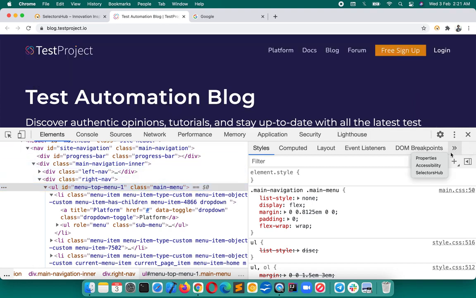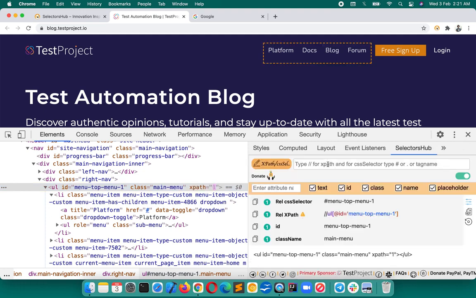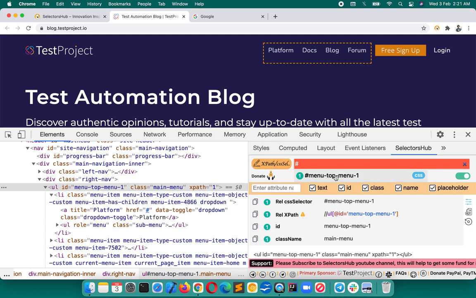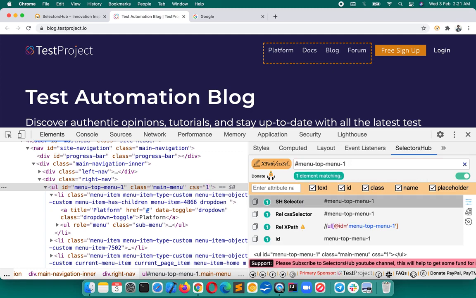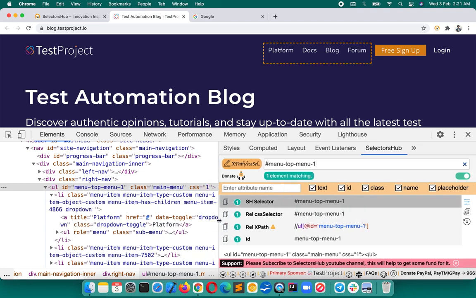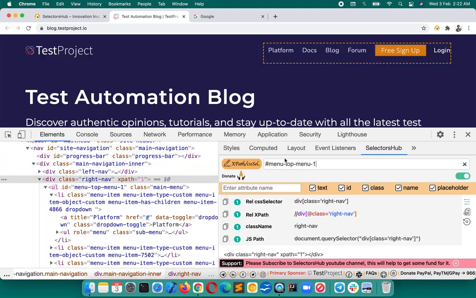If you open SelectorsHub, you just have to type hashtag, and there you go, it gives you the suggestion in the dropdown. You can select this and press enter. So easily you can write with the help of this function, and you can verify it. If the ID is not available, and let's say you have inspected an element and the ID is not there, SelectorsHub will not suggest anything.